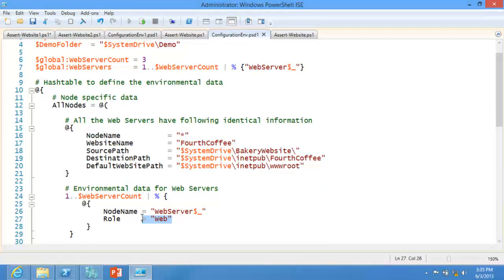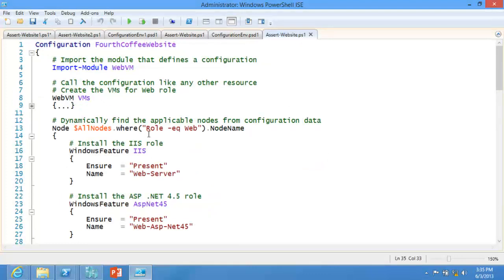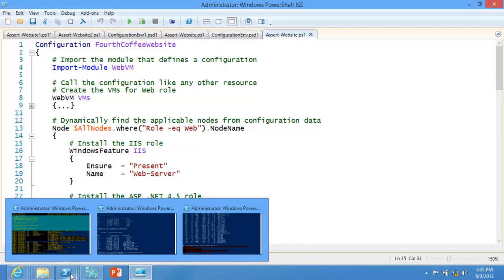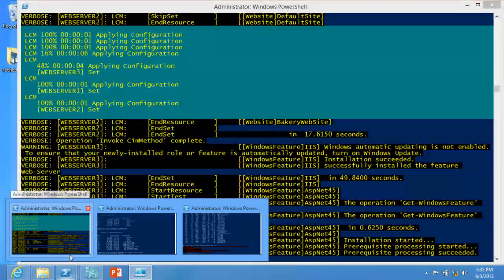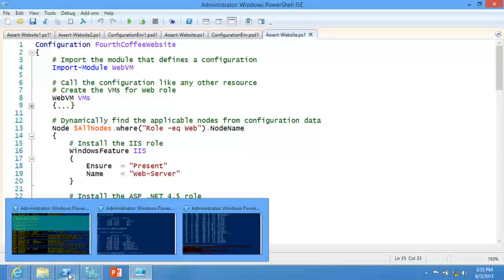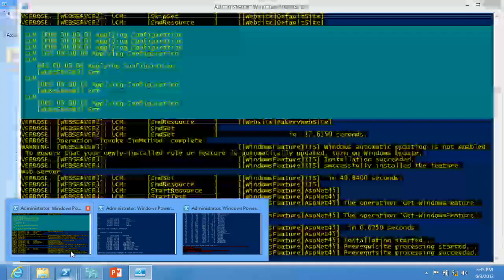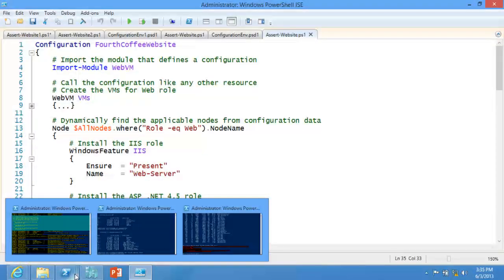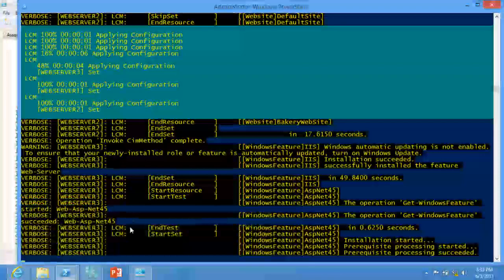If I had another role, I don't care what that property or name is. It could be any of them, which is what was cool about what Jeff was showing. This is whatever you want. This is any expression against that set of hash tables. All right. So the whole point of that is you're going to declare a set of nodes whose role is going to be SQL, roles are going to be mid-tier, roles are going to be web tier, and how do you want them configured? And then you're going to want to say, hey, I want to have these things configured, then those things, to have a unified configuration. So you don't have to do that again and again.